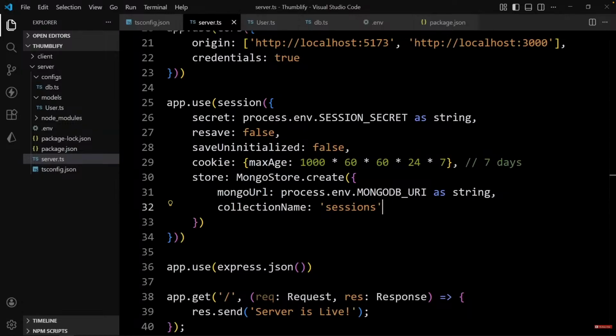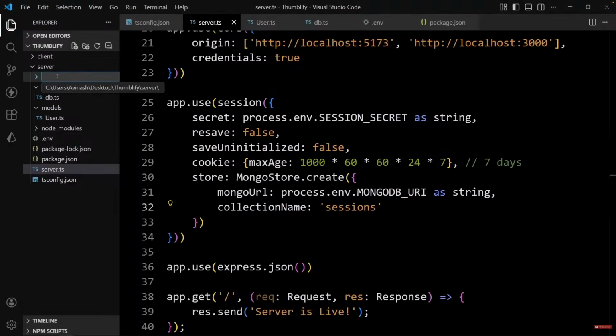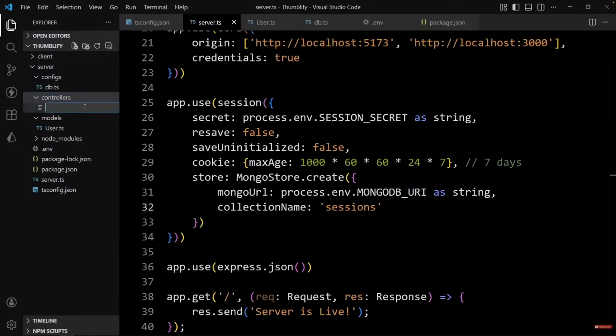Correct? After that, we have to create the controller function. Using that, we can update and save the user data in the database. So let's create a controller folder here. So in the server folder, let's create another folder and write the folder name controllers. Now in this folder, we have to create the controller file. So create a new file here and write the file name authController.ts